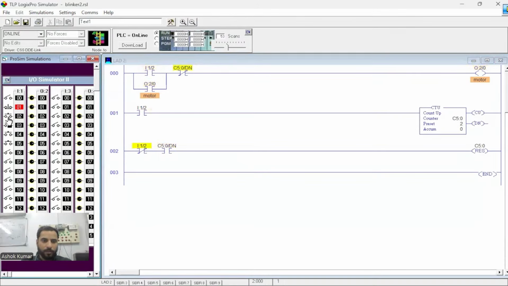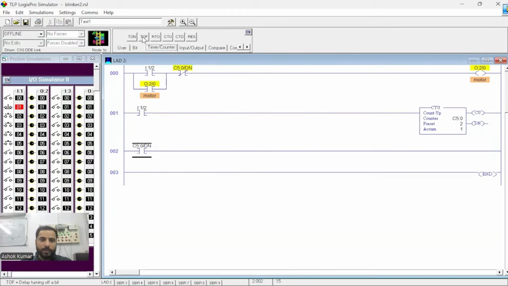So start 1, stop, again start, again stop, again start, again stop. Working absolutely fine. So now we have successfully built a logic of start stop using only one single direct input. Got it? If you did not understand this concept of resetting, then I gave you another concept of resetting, that was